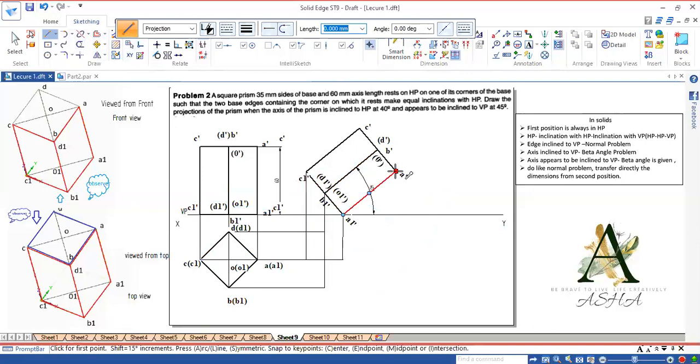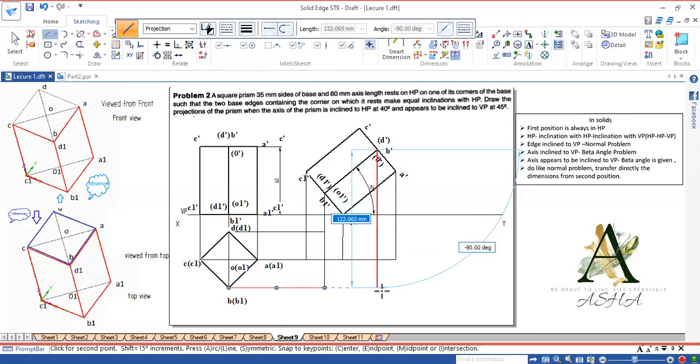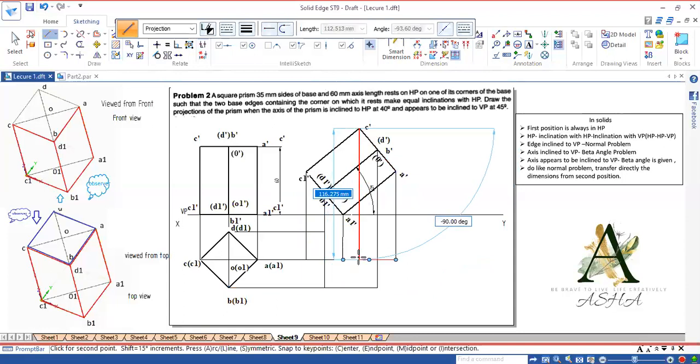Okay, similarly A dash project onto A, B dash project onto B, C dash project onto C, and D dash project onto D. Okay, now name it.